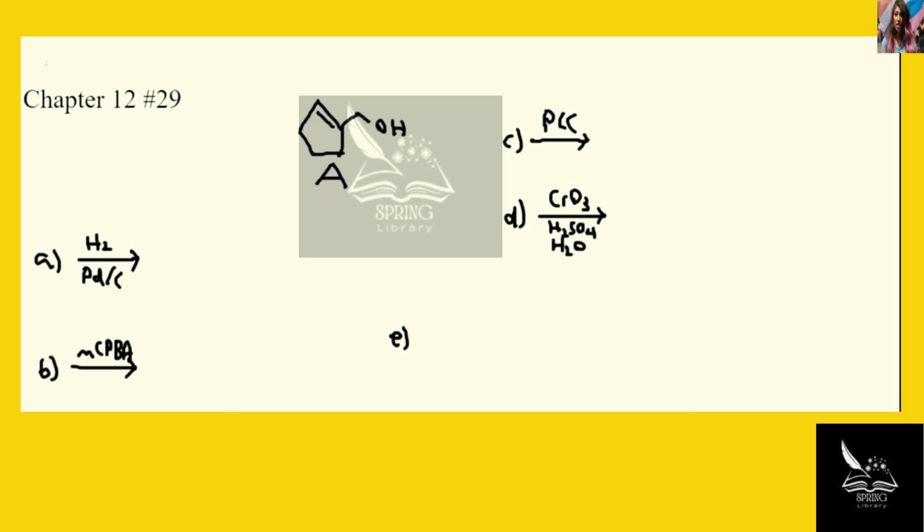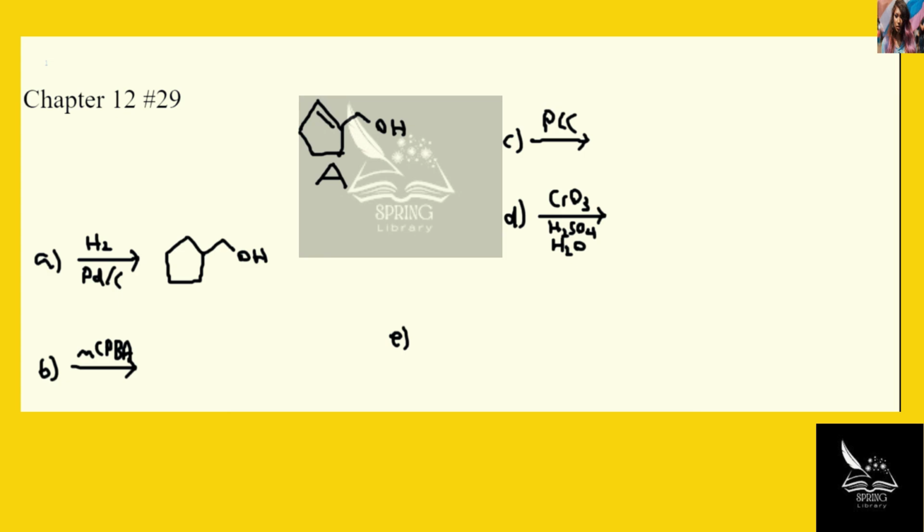So A, hydrogen gas and palladium on carbon, is hydrogenation conditions. And so we're going to hydrogenate this double bond. So the double bond is gone. Nothing else about the molecule changes. And so there's the answer to A. B,